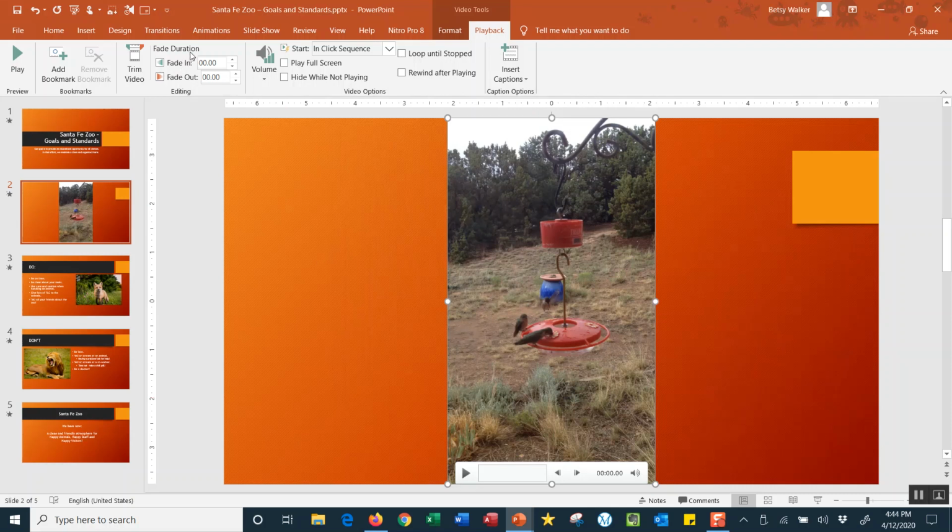And we'll talk about the next tool, which is fade duration. If you want, you can have your video fade in and fade out. It's a nice effect, especially with these little hummingbirds. So why don't we just set a 5-second fade in. Let me set that up to 5 seconds. Okay, so we will have an effect of fading into the visual when this video starts. I won't bother setting it for the fade out because this video is so short anyway, but it might be nice for you to see that when we do the fade in.